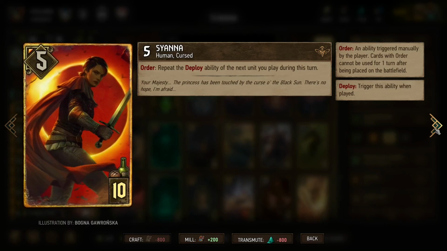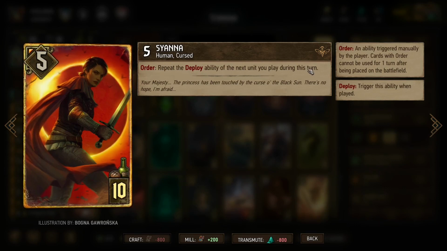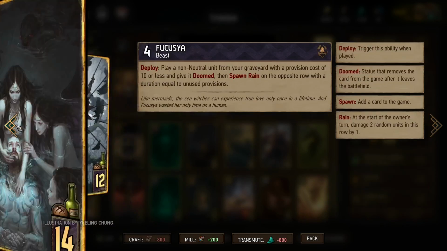Syanna, and I would like to focus on this card because this is basically our most important card in the deck. So as you can see, order: repeat the deploy ability of the next unit you play during this turn. And what we like to do over here is first play Syanna, then afterwards use all our leader ability, all the ticks of it. We need to place on board